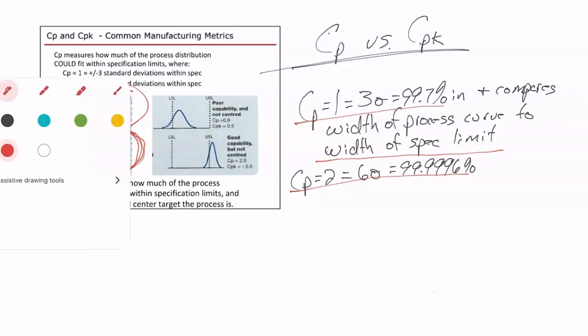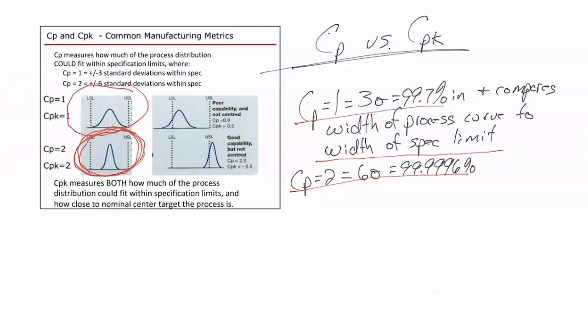But now let me change my pen. In this example in blue, we've got a very skinny curve as compared to specification limits. It would still have a CP of 2 because CP only measures the difference between the width of your process performance curve, your historical data, to the width of your spec limits. It doesn't also consider how close to the dead